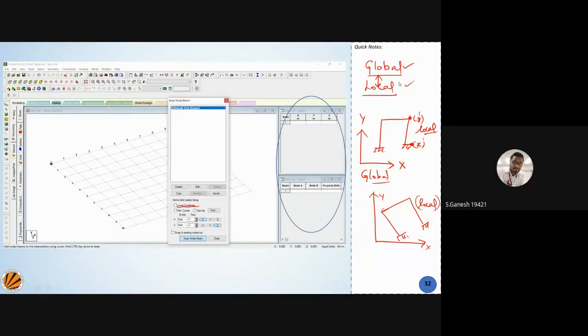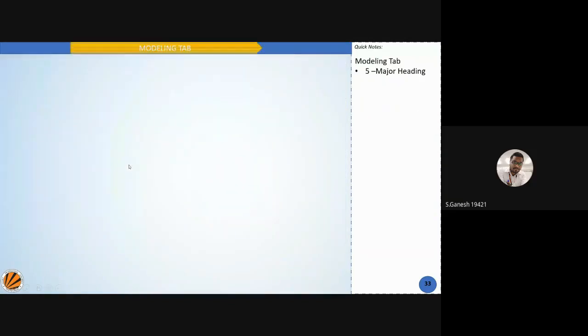And secondly, you need to be aware of this table part, where you can see this table. It's a very useful table where you can enter the coordinates directly. This helps you identify the coordinates. Whatever coordinates you know, you can type the x, y, z values directly, and you can join them using your beam member, or you can identify the nodes. You can type here. I'll come to this area later on in day 2, where we are going to discuss all this part. And now, quickly moving further to the other concepts.